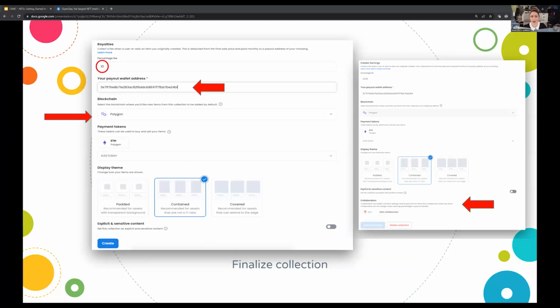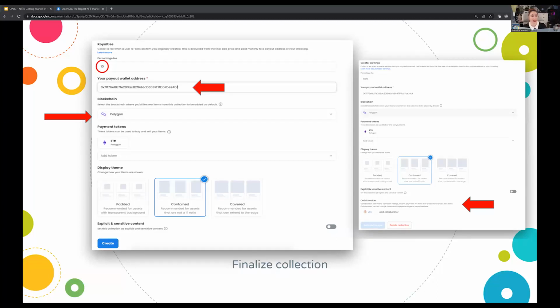So Polygon supports Polygon Ethereum by default, but you can also add Polygon DAI, Polygon USDC, and Polygon Rev. And like I said, these things update depending on what's happening in the market, so more payment tokens are added over time. So you'll want to check back, or if you have a particular currency that you're looking to use, you can always check back and see if it's now available on OpenSea.